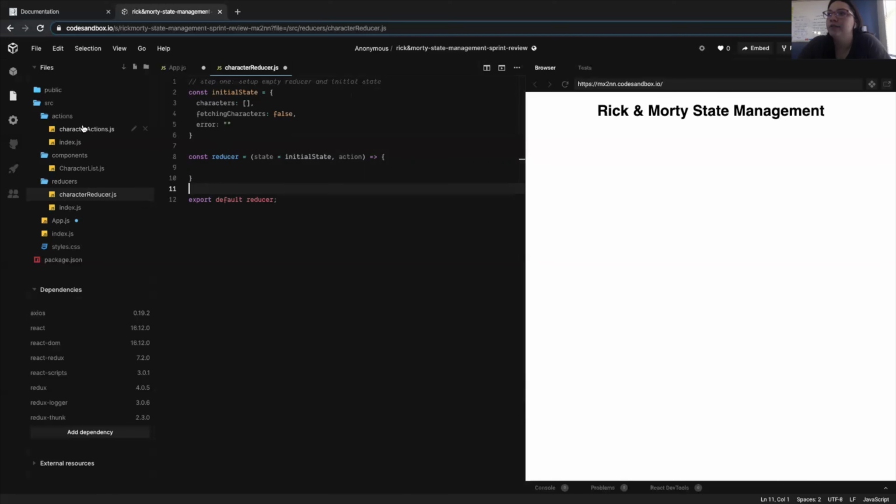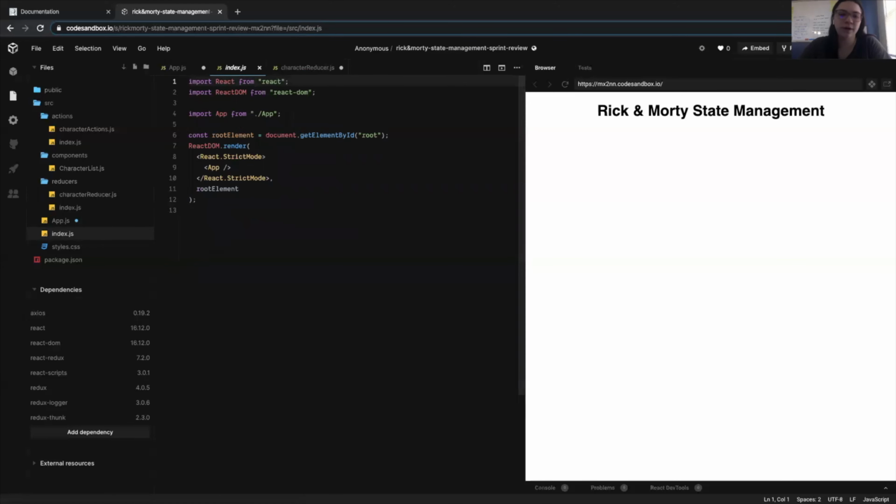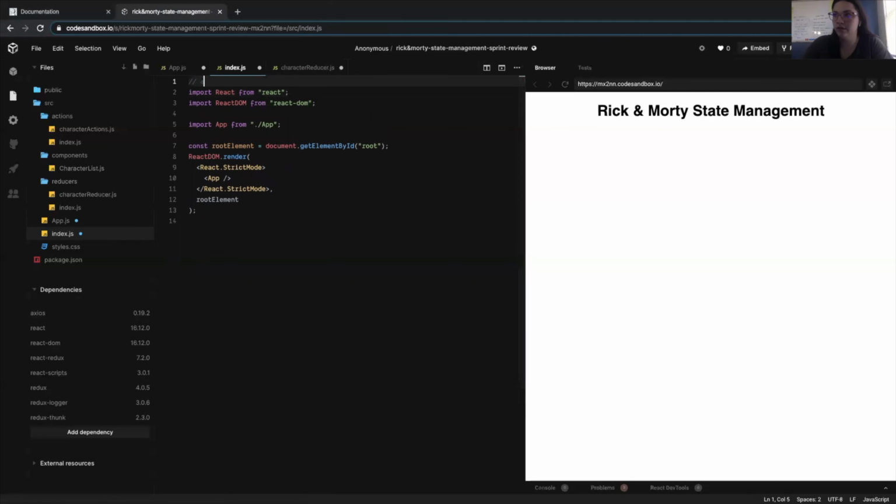All right, so let's go back to app. Let's look at our next step. So set up store and provider. So let's go into our index.js. And I'm going to make a comment here. Step 2, set up store and